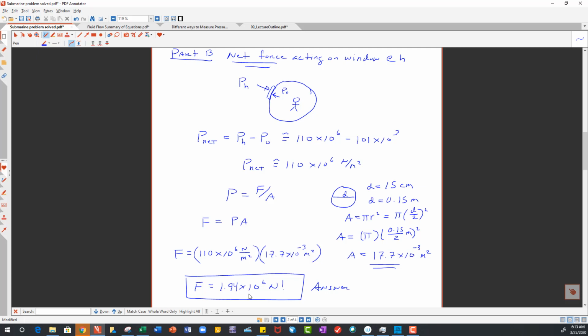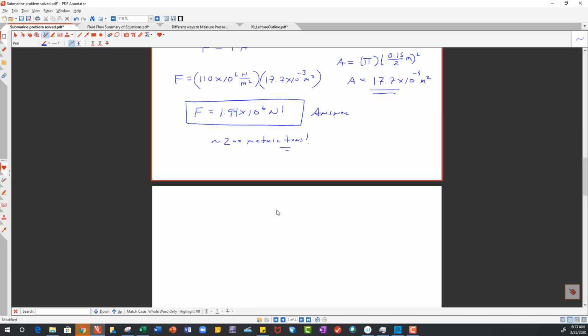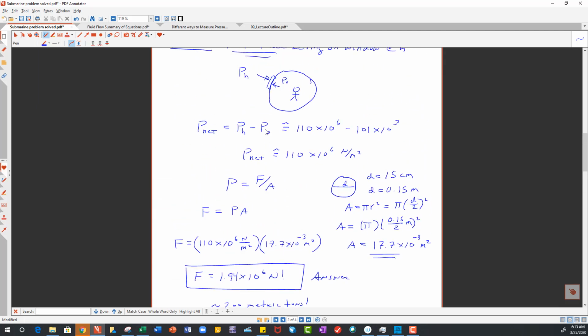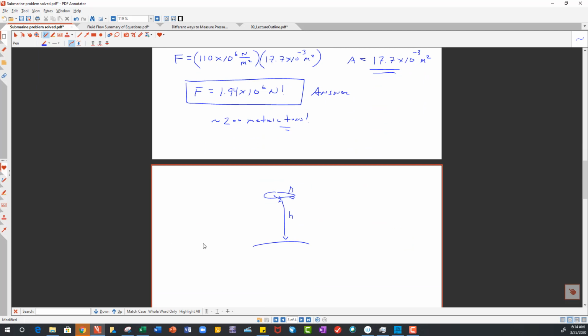Now there's a similar problem maybe in the quiz where in this case it's an airplane at some distance h above the Earth's surface, and then you want to find the pressure, let's say on the window there or the cabin door. It's the same process you would go through, except in this case the air pressure at that altitude is going to be very low compared to the atmospheric pressure at the surface of the Earth. And then you go up a distance h. So the pressure here at altitude